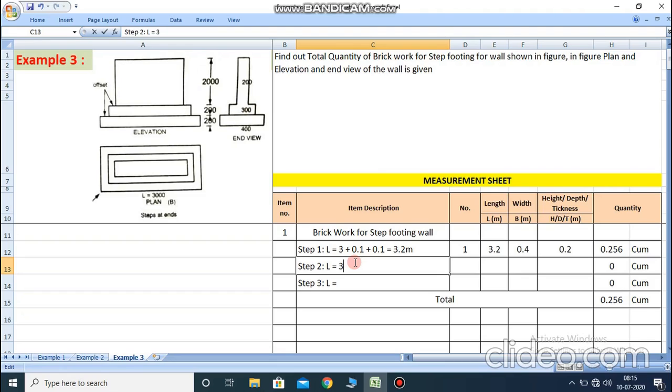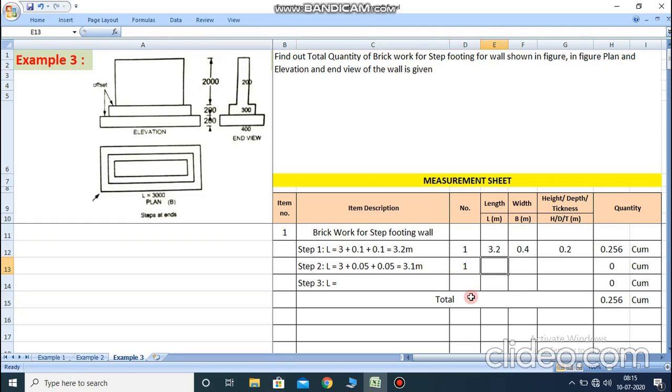So we write here 3 plus 0.05 plus 0.05. So 50 mm is converted into meter. So 50 mm for the right side, this side, and 50 mm for this side. So 300 minus 200 is 100 mm. 100 mm is divided into 2 parts, 50 mm, 50 mm. So 50 mm for the right side and 50 mm for the left side. So total is 3.1 meter. Clear? Here the number is 1, only a single wall is given.